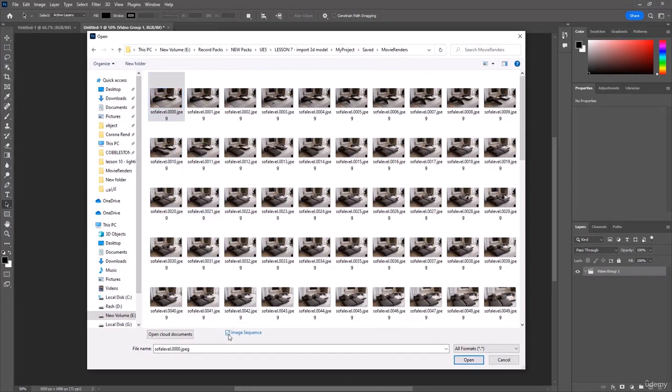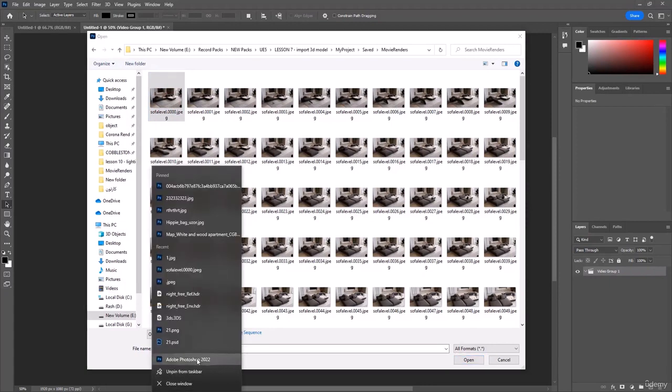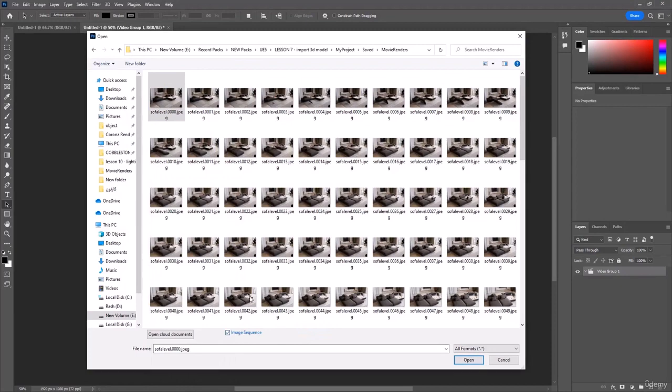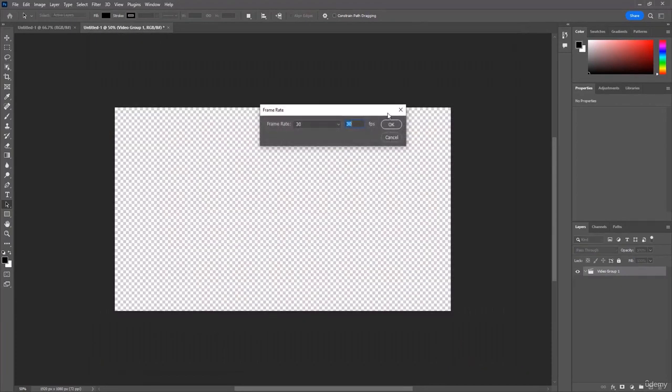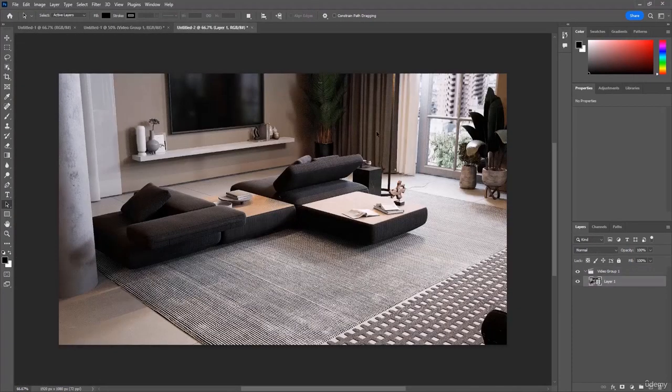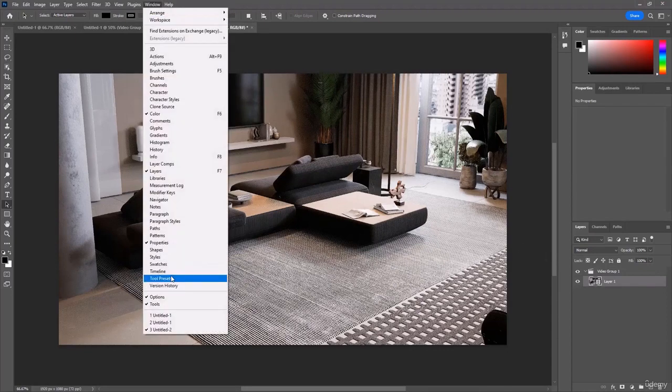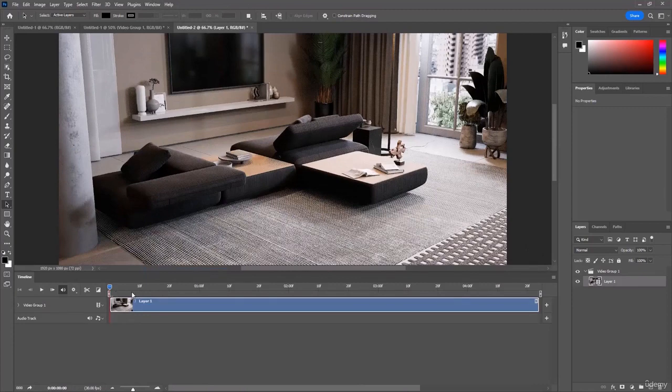sequence box that we have down here. Make sure to do this. By the way, I'm using Adobe Photoshop 2022. And then click on open, and everything will be done automatically. You get this window. It says how many frames per second, and 30 is okay. I click on okay. So I get this window, and if I click on my window and add the timeline,